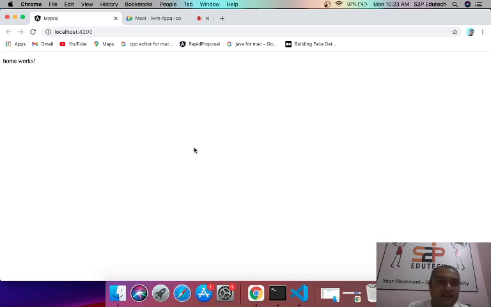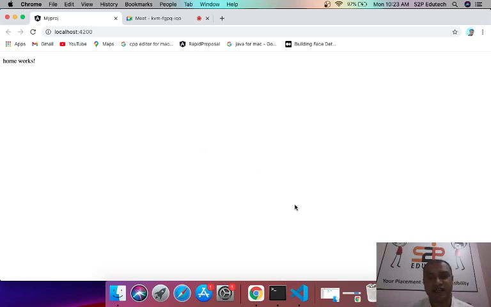Binding means, in short, displaying the values of the data members in your HTML, right? That is, say, a very crude definition of binding, but that is what it is, right? And we can also have two-way binding, that is from UI to the TS file. Okay, so let me start it that way.